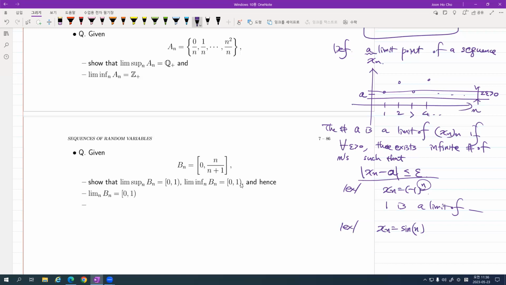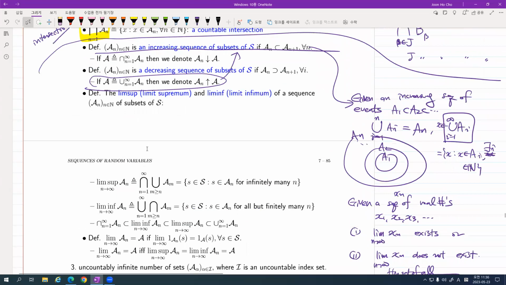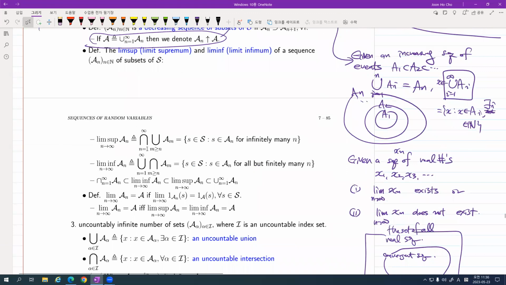But that is actually a little bit different from the lim-sup and lim-inf. Lim-sup and lim-inf mean more than that. Okay? It's not just the supremum of limit points or the infimum of limit points. This is very strangely defined. That's what I'm going to say. So before I talk about lim-sup and lim-inf of a sequence of subsets, here let me define the lim-sup and lim-inf of a sequence of real numbers. And interestingly, the definition is very similar.